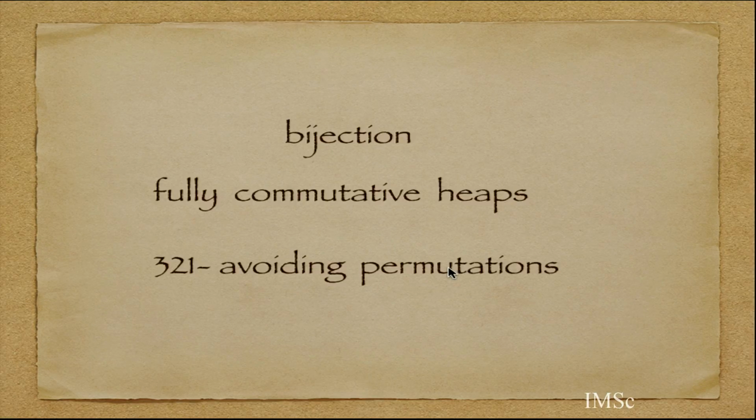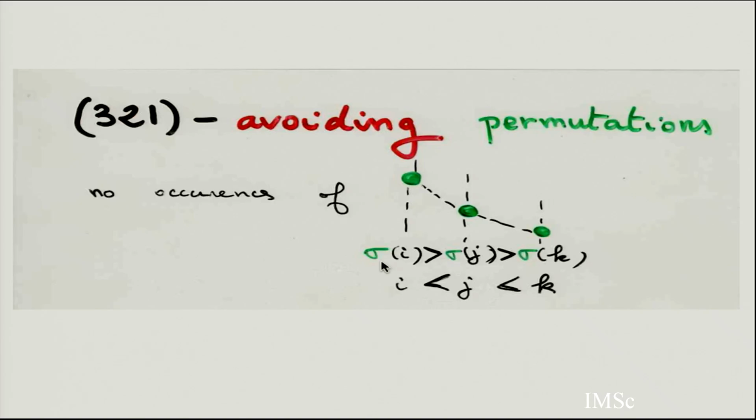So what is a 321-avoiding permutation? If you have a permutation sigma, it means there is no 3-point pattern like this in the permutation. There is no decreasing subsequence of length 3. Decreasing subsequence means it's not necessarily consecutive elements in the permutation, but you cannot find a triple with i less than j less than k strictly, and sigma i strictly bigger than sigma j, bigger than sigma k. You cannot find this in the permutation. And this is well known to be counted by Catalan numbers. We will see some